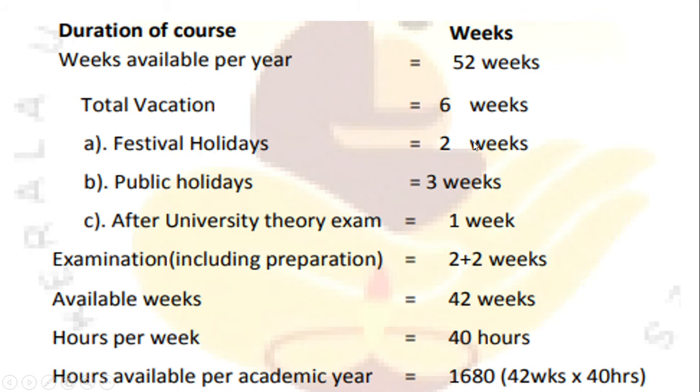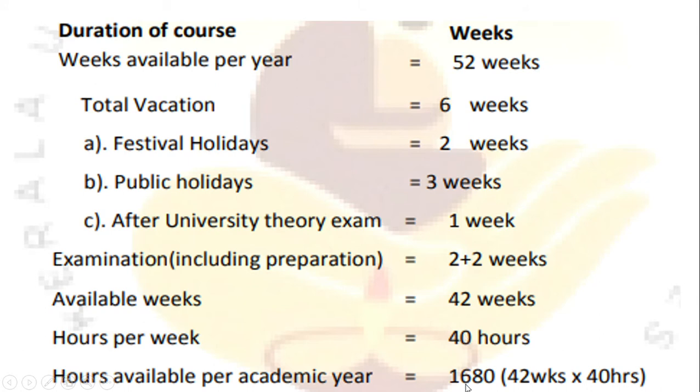So 52 minus 6 is equal to 46. After the vacation we'll have only 46 weeks, and among the 46, 4 weeks will go for the exam and study leaves. So 46 minus 4 is 42. So the available weeks in a year is only 42 weeks, and hours per week is 40 hours. In 1 week we can give only 40 hours. So total 42 into 40 is equal to